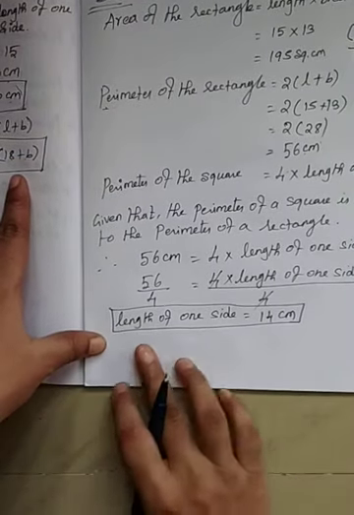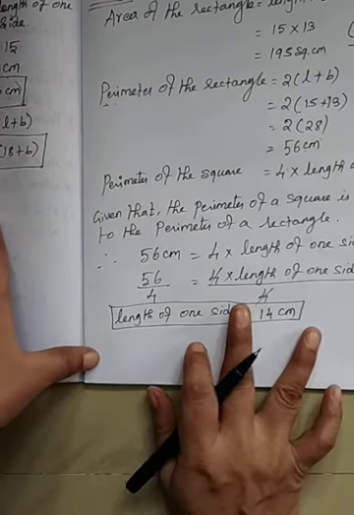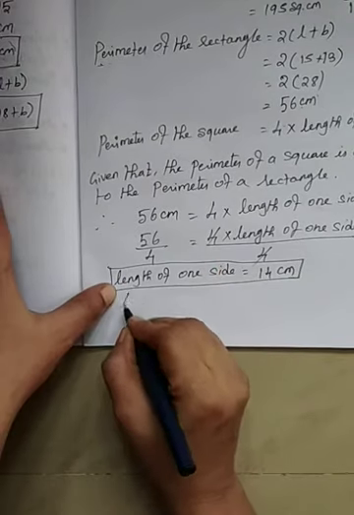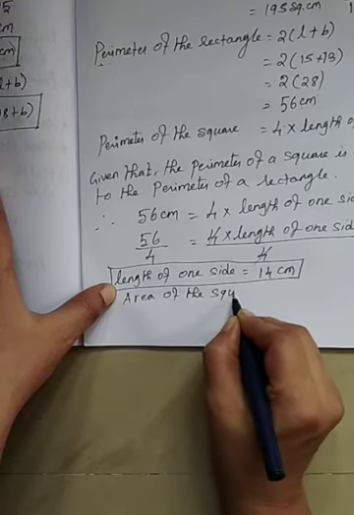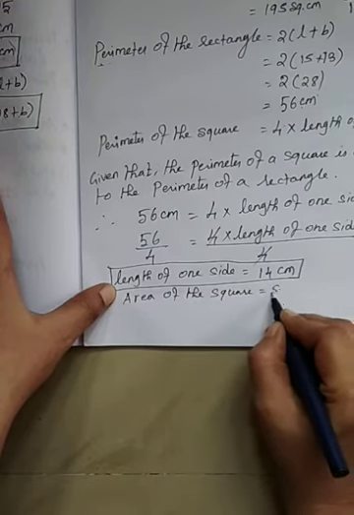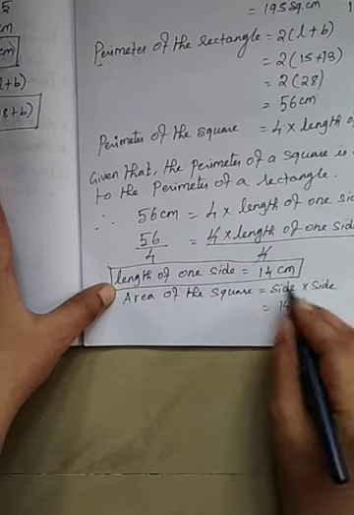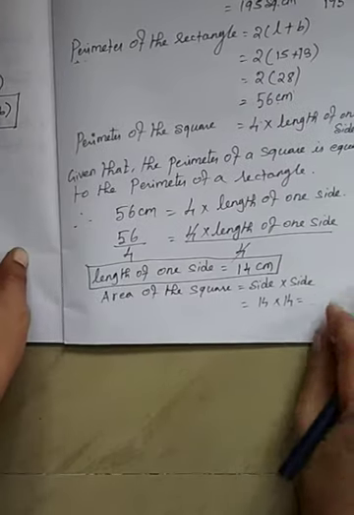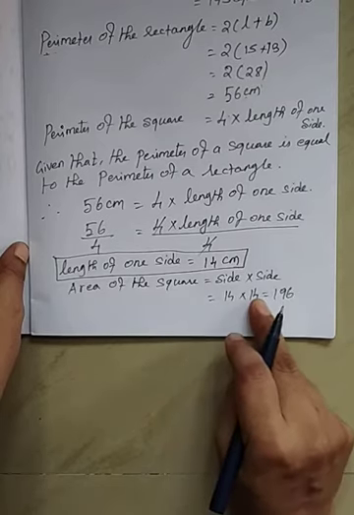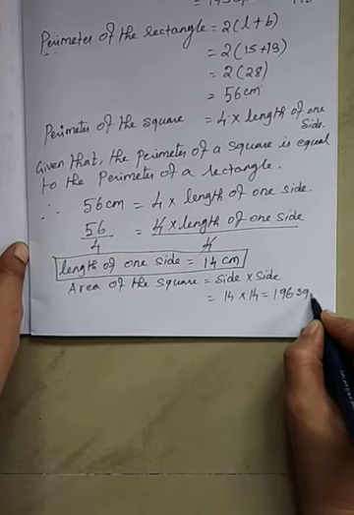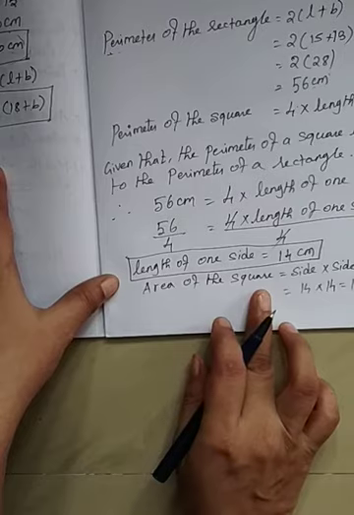Okay, see now just now you have to find length of the one side is 14 centimeter. So you have to find area of the square. What is the formula for the area of the square? Side into side. Right? What is the one side? 14. Another side also 14. See here, what is 14 into 14? Everybody knows that 196. This is in centimeter squared, or otherwise square centimeter. Okay. See, this is the area of the square.